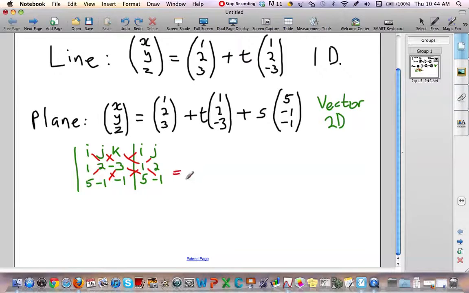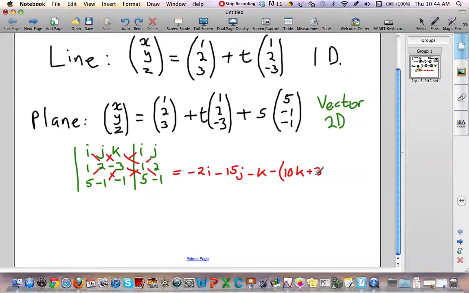What I'm going to obtain is minus 2i, I times 2 times the minus 1, minus 15j, minus k, minus, and then multiplying up, 10k